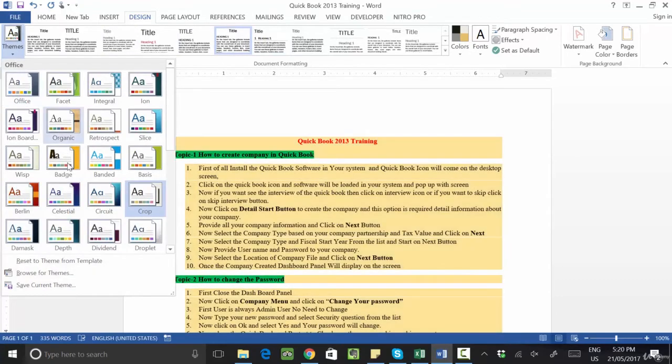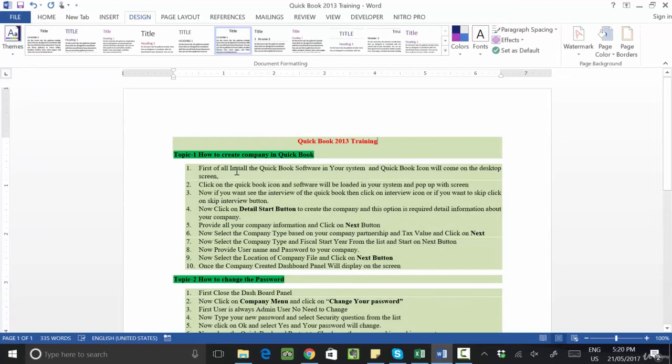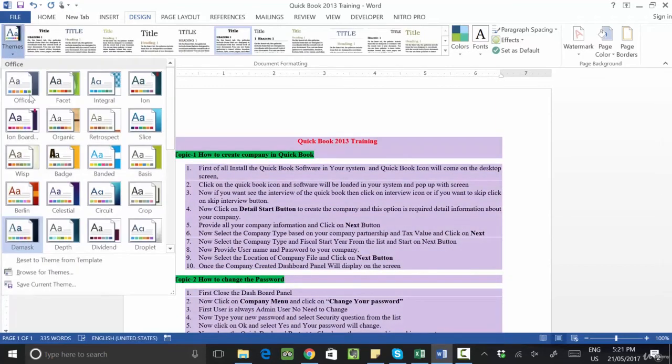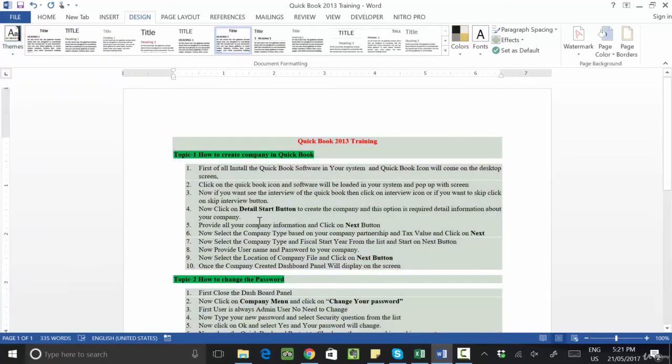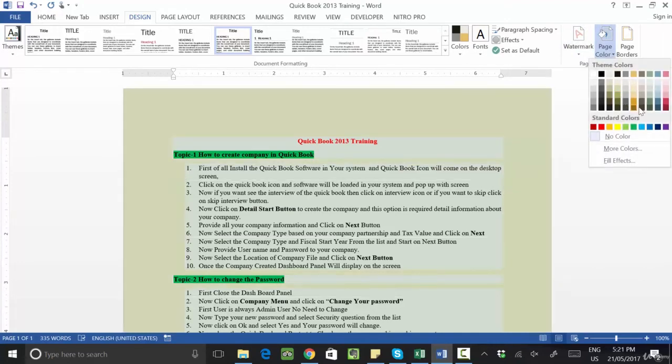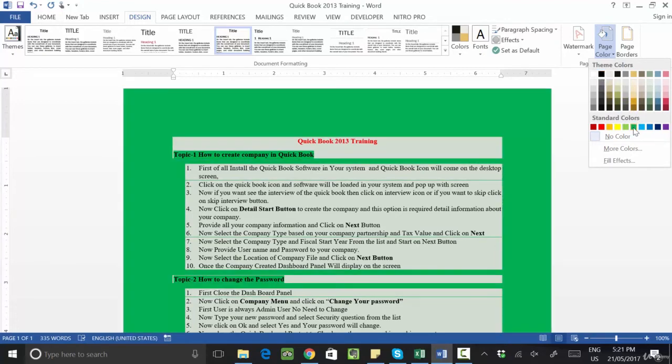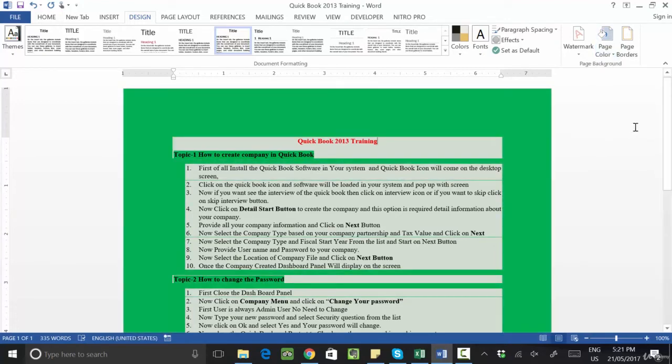Okay. Like this, any change or any kind of color you can give from here. Let me see. You see the color is changed now. If I say reset the template, it will change back to the normal color which is given by default. Okay, clear? Now let's come to the watermark. It is very important. Now see the page color. If you want to give, click on page color and choose which color page you want in the back side. Okay, whatever color you want, it will come on the screen.